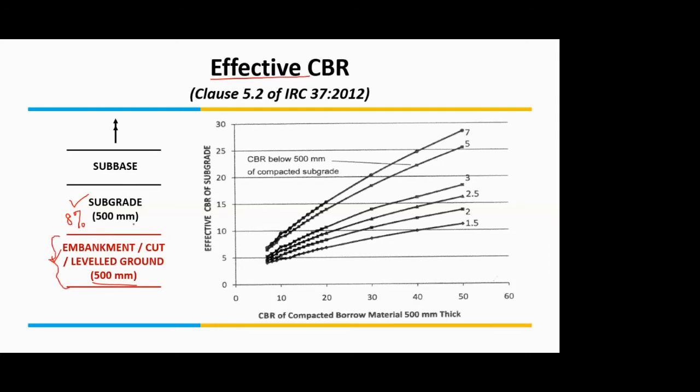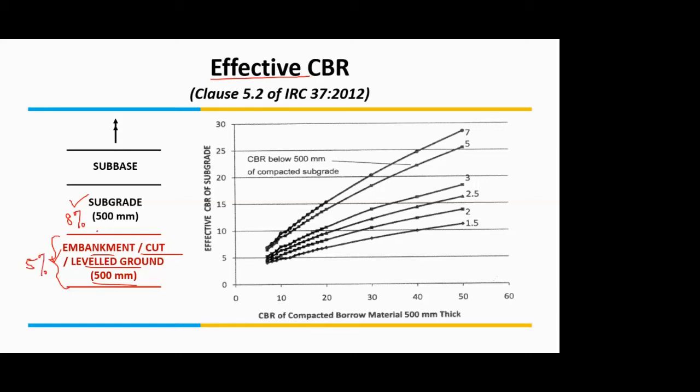Like you found out the CBR value of a subgrade, similarly whatever is the embankment material or cut material or level ground, during your material survey itself, you gather this information and collect the samples of the relevant embankment, cut or level ground, and you test that also in the laboratory along with the subgrade soil samples, and you find out the CBR for that. Now suppose the CBR of this embankment and cut, it being at a lower level, you can have some less CBR also, say suppose 5%.